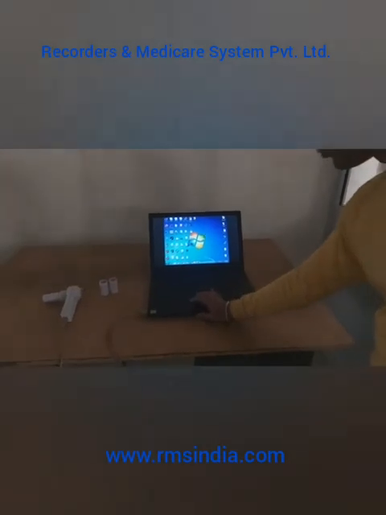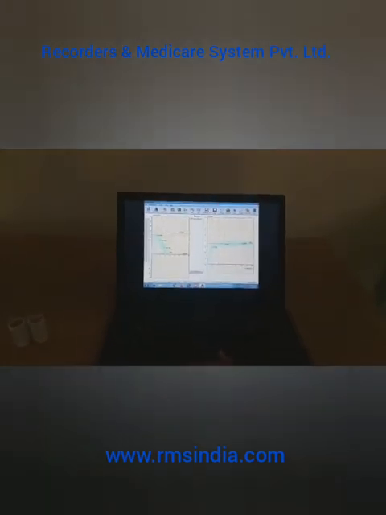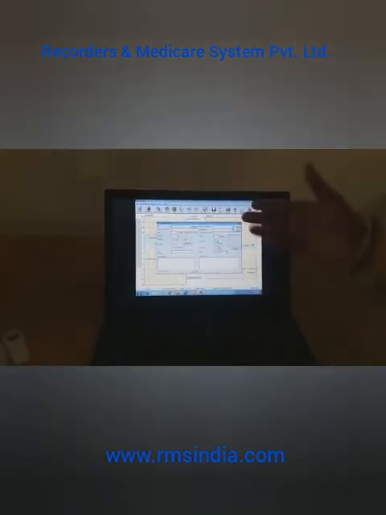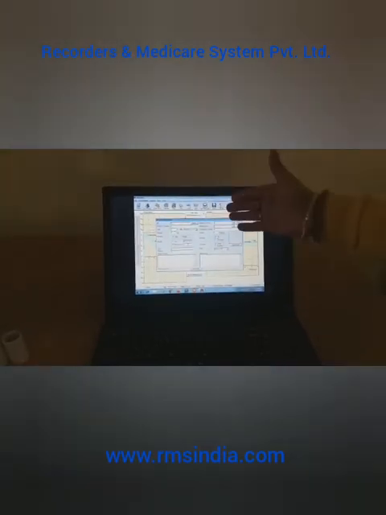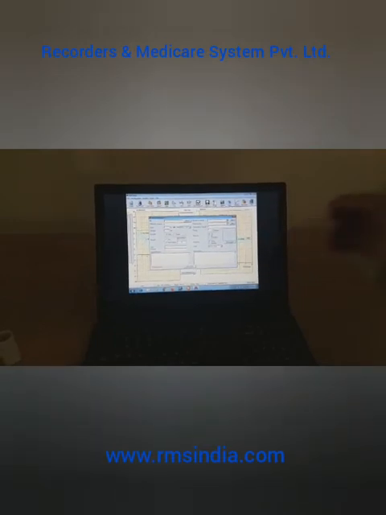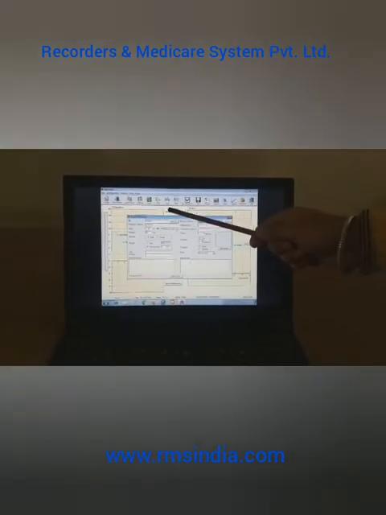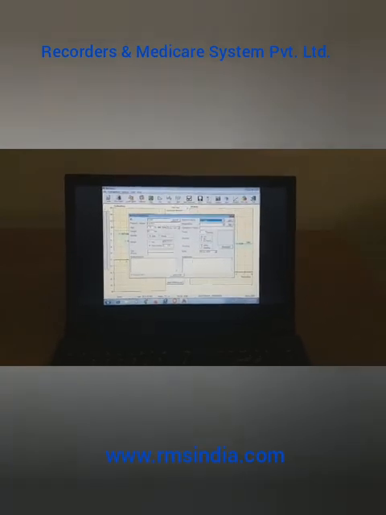We have to open the software. Before performing the test, we have to enroll patient information, which is very vital in interpretation of these tests. Age, height, weight, these are very crucial in this interpretation. So as you can see the patient details, we have to fill all these details to perform the test. As we have filled the patient information, now we will save it and then perform the test.